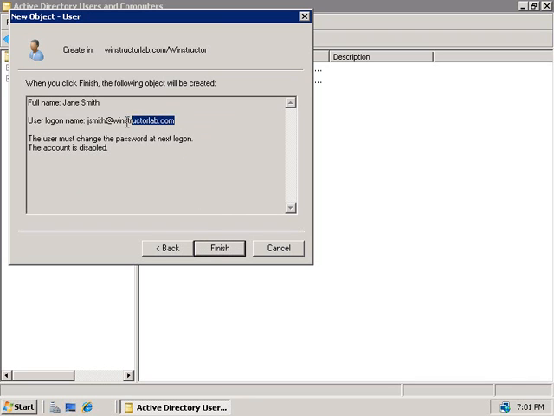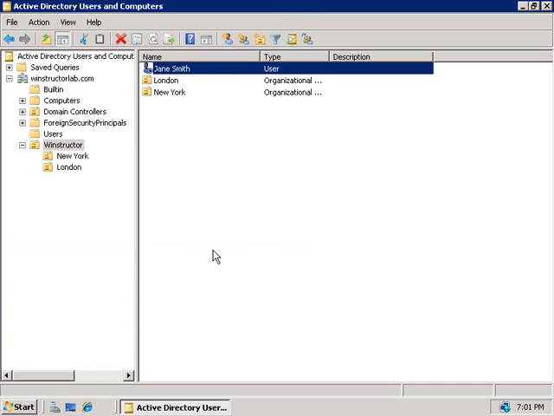Alright, we'll click Next and we'll get a brief summary telling us that when we click Finish, Jane's going to have a new user account. She'll be able to log on using the UPN of jsmith@winstructorlab.com, and when she first logs on, she will need to change her password to something else. Of course, this account will also be disabled, and an administrator will need to enable it first before Jane can use it. So we'll click Finish,